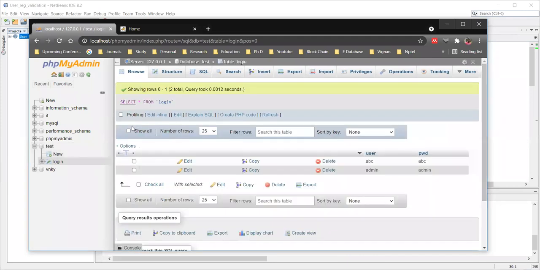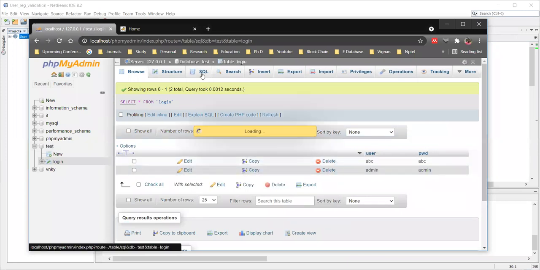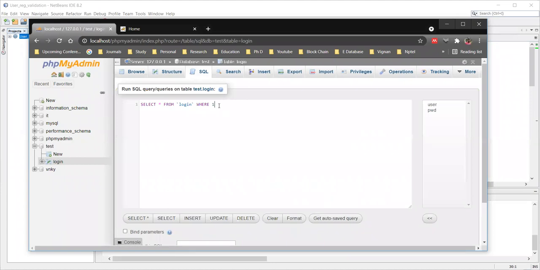I would like to show the structure of the table. One second. Use test.